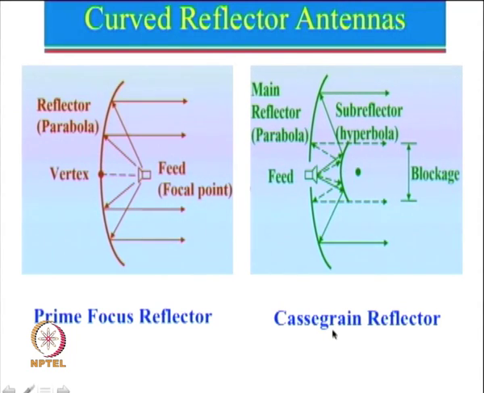Even the Cassegrain reflector has one major disadvantage, and that is that this area sees a blockage because of the large hyperbola shape here. Okay. So, that is the reason generally people try to avoid this configuration unless a high power application is there. So, in general we will focus on prime focus reflector only in time to come, but today we will start